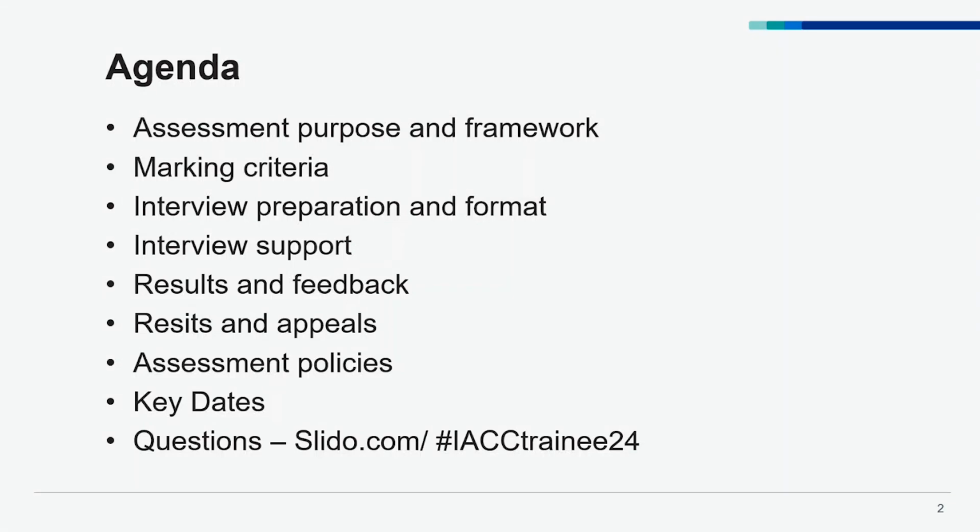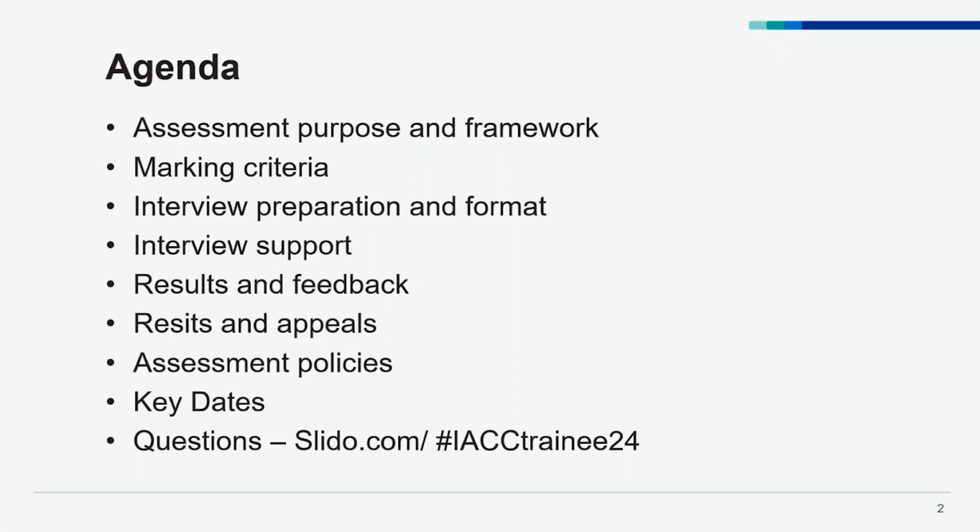We're going to talk about different aspects of the IACC, including the purpose and framework, how the assessment is marked, how you can prepare for the assessment and the format that you can expect on the day, and the support that will be available through the school, when we anticipate results will be available for you, and how we're going to manage feedback.